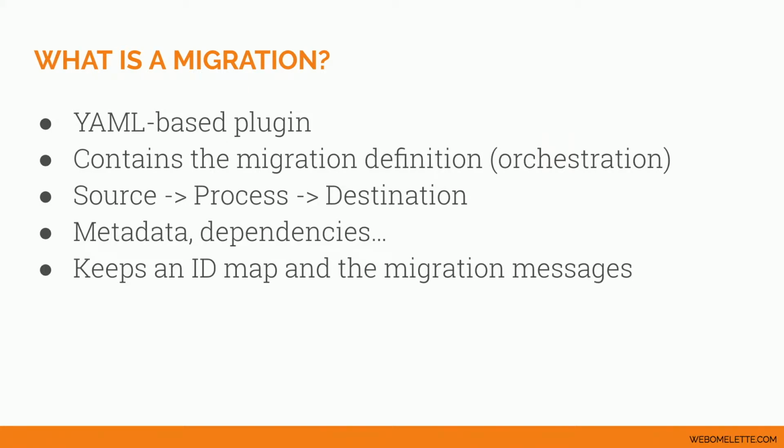We will mention briefly in the next slides the plugin types. Aside from that, you also have some metadata info, as you will see, like ID, label, dependencies, things like that. Somewhere down in the process, it's very important to know that it keeps an ID map between